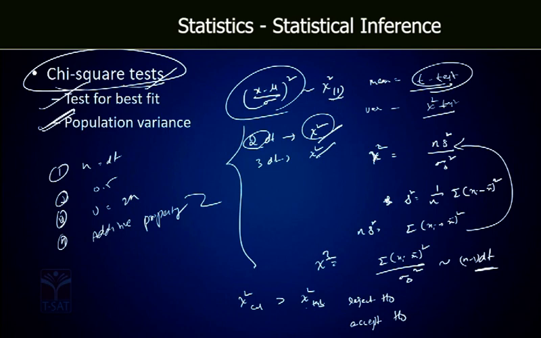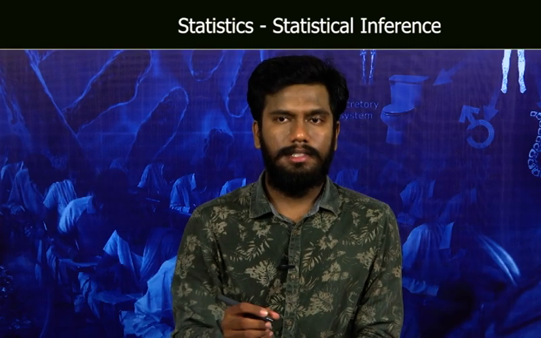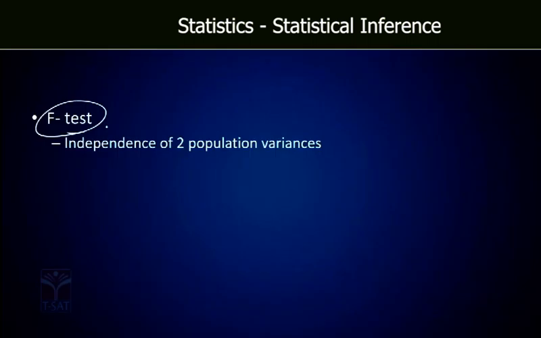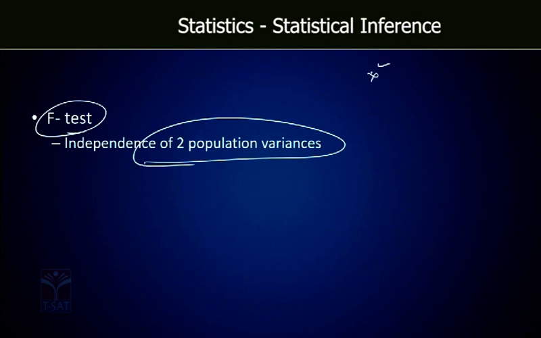Next slide. The next test is the F test. This F test is used for testing the equality of two population variances. Here we used the chi-square test to find out a single population variance. To do this for two populations' variances, we use the ratio of two chi-squares. The test statistic for F is given by F equal to capital Sx square divided